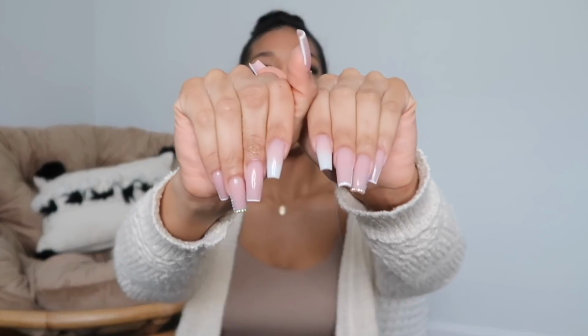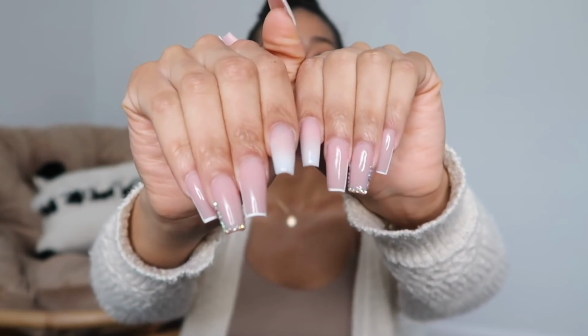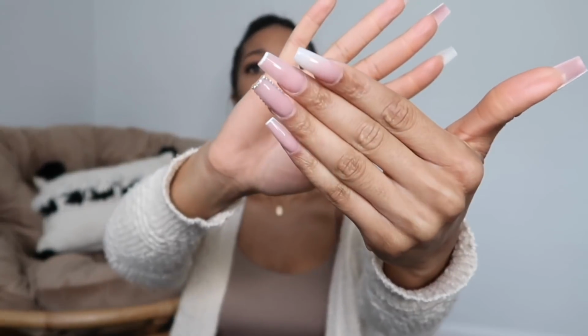So these are the final nails. Okay, so I did end up showing them that picture in the car, but instead of doing the triangles, I did the outline kind of shape. I don't know, can you see that? Yeah, so I ended up doing that. I don't know why, I just thought it'd be cute. And these did end up being